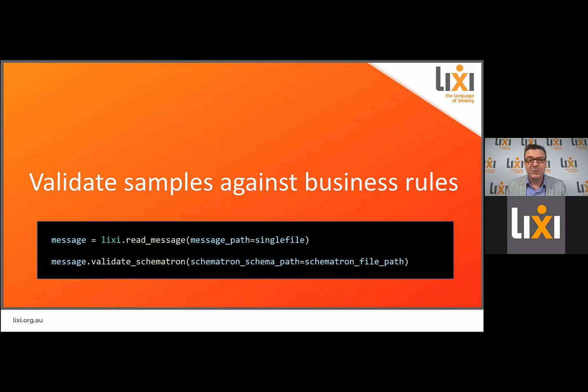Now I've got to say the use cases are endless, but imagine you're upgrading your systems to use a newer version of the LIXI schema. Now all of your regression samples are the old version. What if you want to automatically roll these forward to the latest version, validate every sample against the latest schema, and revalidate against the business rules? You might do this to find out if anything in the new release breaks any of your existing samples. Well, that's no problem at all. It's only a few more lines of code and you're done.